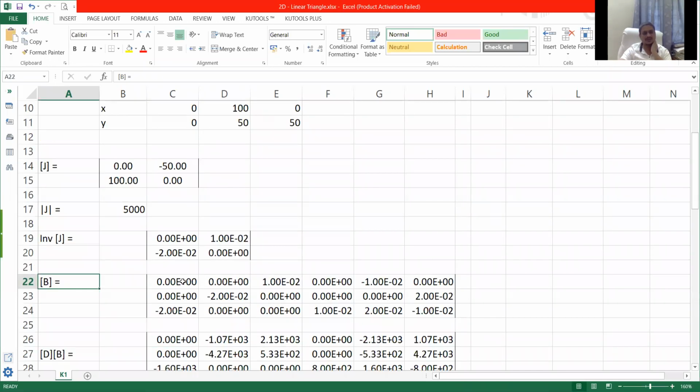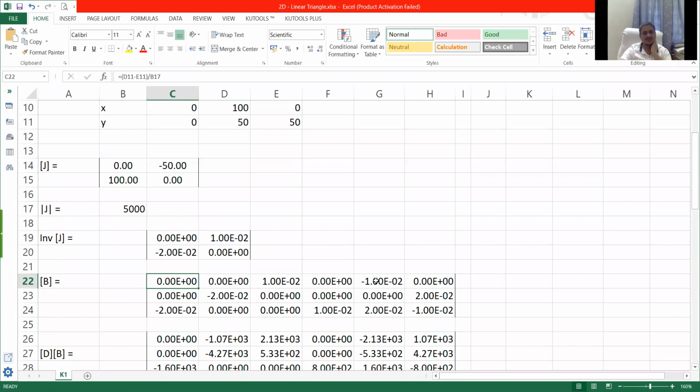The B matrix is nothing but V1, V2, V3, and these other values are simply zero. And here you have C1, C2, and C3, and these values will be zero. And this will be C1, V1, this will be C2, V2, and this will be C3 and V3. We already know what V1, V2, and V3 are. Here there will be 1 by determinant of J, which is common over here, so this has already been taken care of in this particular problem. So your B matrix is ready.